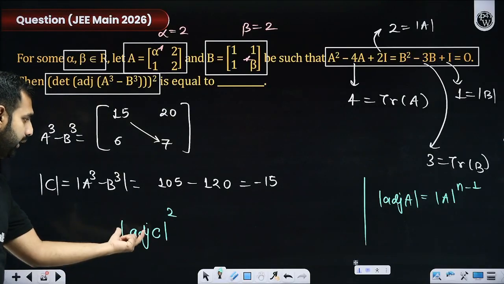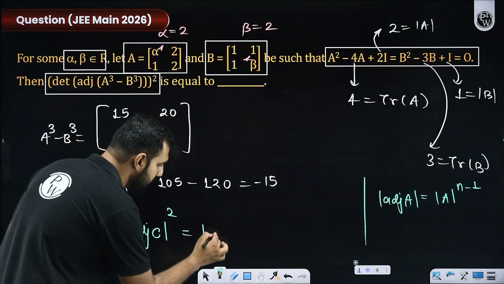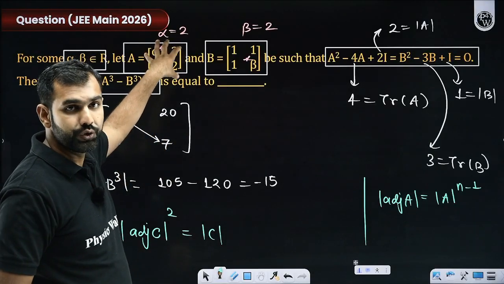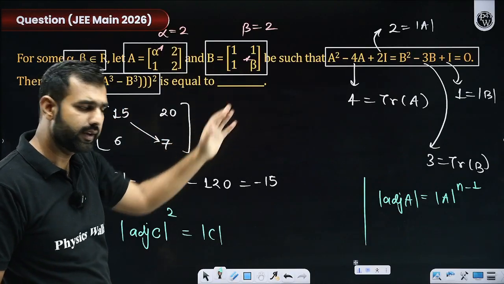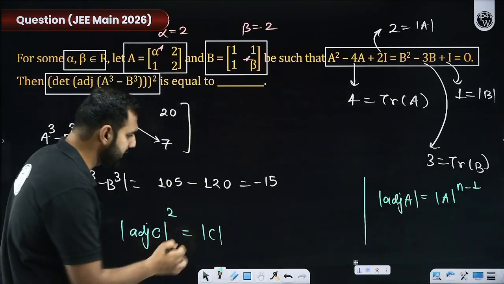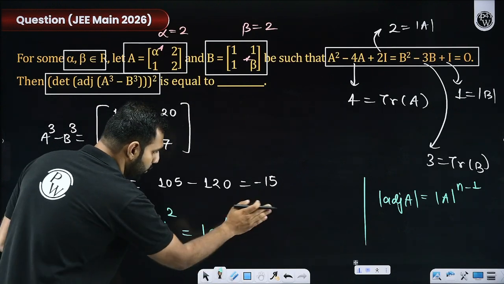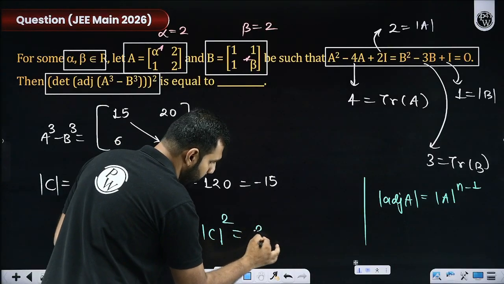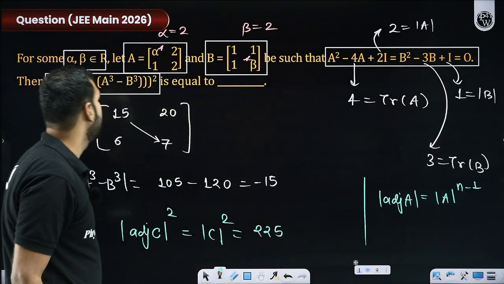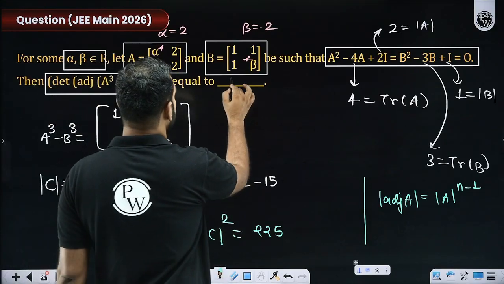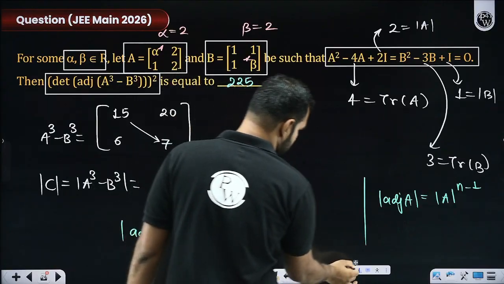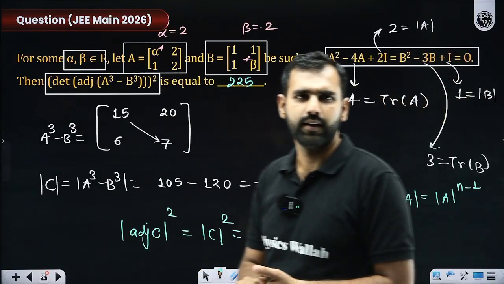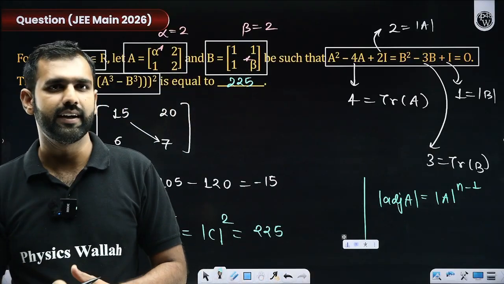With this, the determinant of adjoint of C will be determinant of C to the power 2 minus 1, because the order is 2. 2 minus 1 is 1. So that is 1 already there, so I don't have to write it. And that is raised to the power 2. So this is minus 15 square, which of course is going to be 225. And I'm sure most of you must have marked 225. Did we conduct a poll here? We didn't, unfortunately. But I hope most of you got this. How many of you got 225 as the answer?